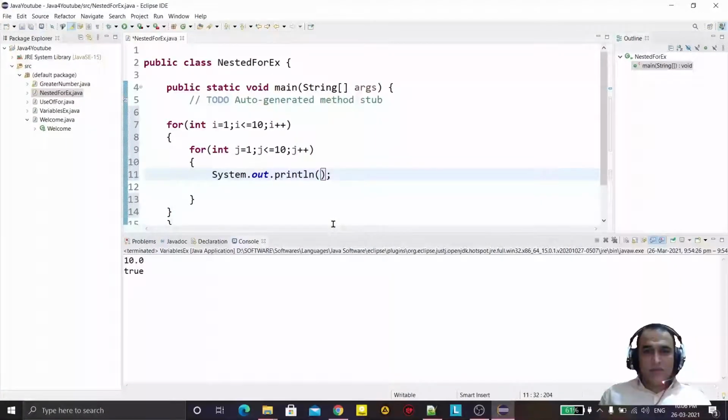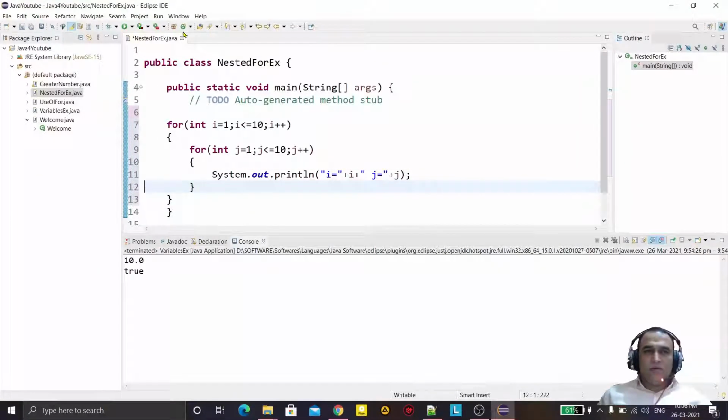So I say i equal to plus i, plus j equal to plus j. Like this way we can put the value of i and j by using the nested for loop.